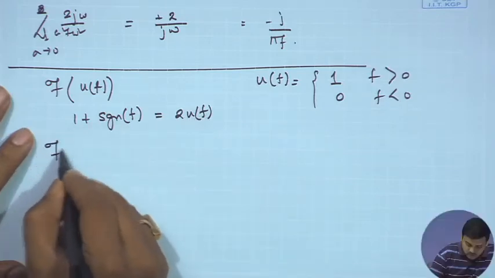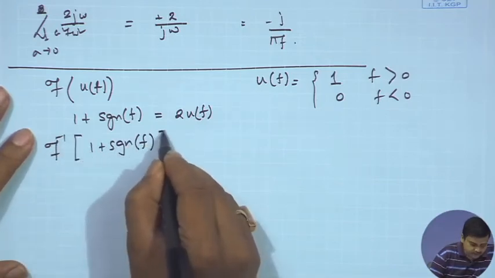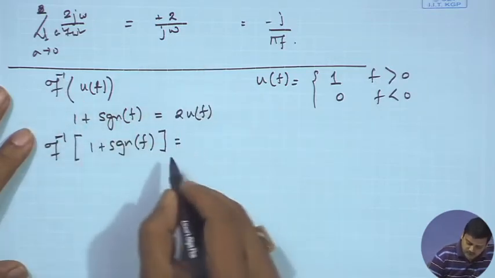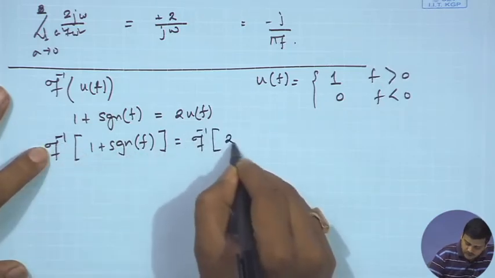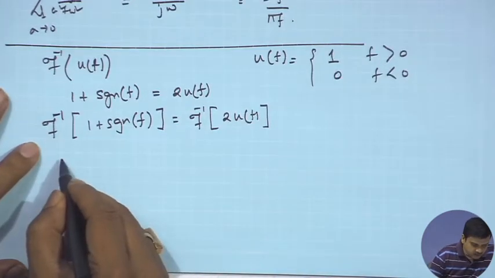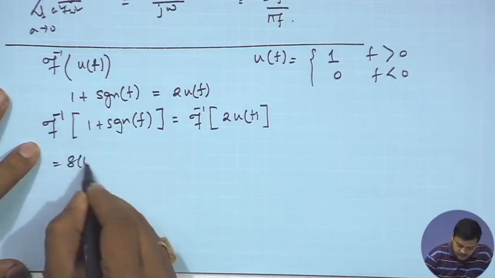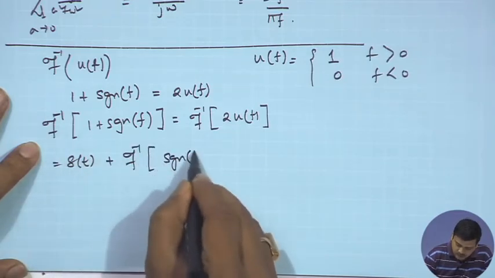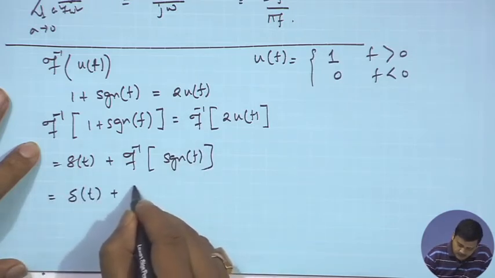So, inverse Fourier of 1 plus sgn of f, we are interested in the Fourier inverse of this. We did the Fourier transform of this, now we are interested in the inverse Fourier of this particular one. So, inverse Fourier of 2 u of f, right. This you should be able to calculate, as Fourier inverse of 1 would give you a delta of t, and then you are left with Fourier inverse of sgn of f, which is equal to delta of t plus inverse Fourier